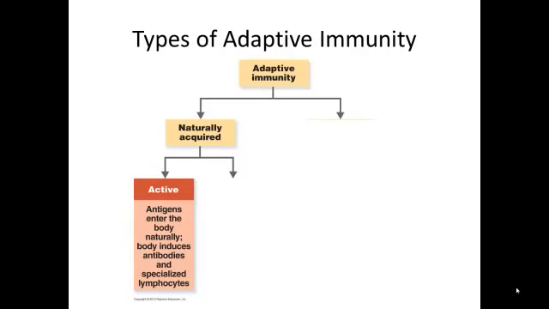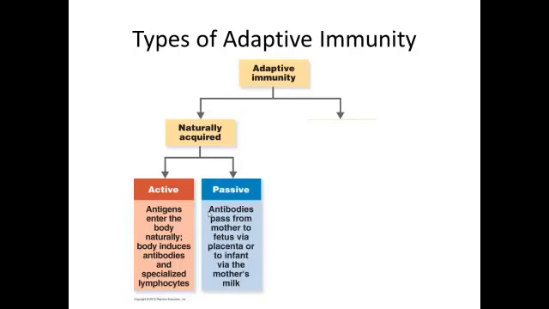There are the naturally acquired types of adaptive immunity. Naturally acquired active is when you are actually exposed to the antigens and you produce your own memory cells, you produce your own antibodies. That's naturally acquired active. Now, we also talked about how little babies can get immunity from their moms, but it's passive. They're not making their own antibodies. The antibodies are coming through the placenta or through the maternal milk. That's naturally acquired